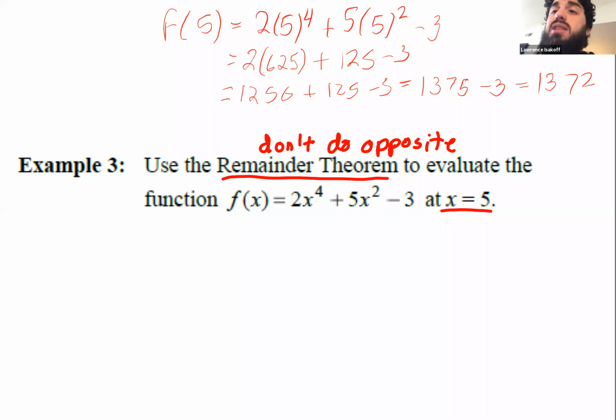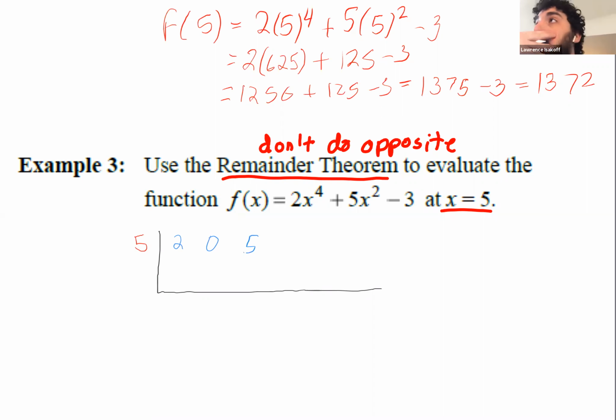We actually already did this synthetic division earlier today in our notes. We're just going to do it again. So remember, remainder theorem, don't do the opposite. So this stays 5. I pull my coefficients from here. 2. This does have an x cubed, so that's 0. So that gets back into, why didn't I do it on the last problem? I wasn't missing any terms. Why am I doing it on this one? I'm missing an x cubed. Then 5x squared,